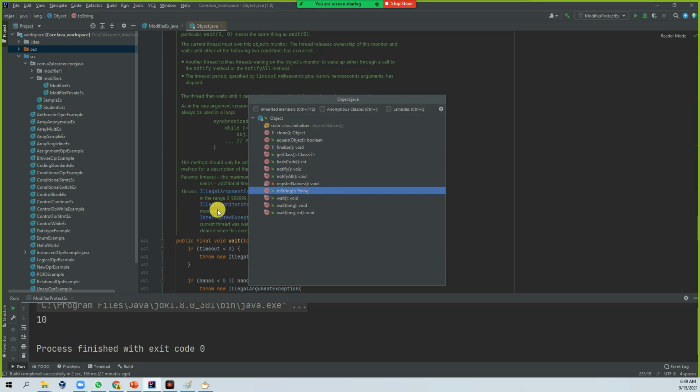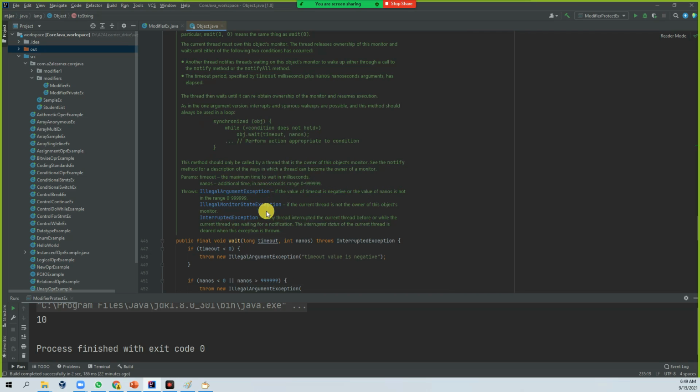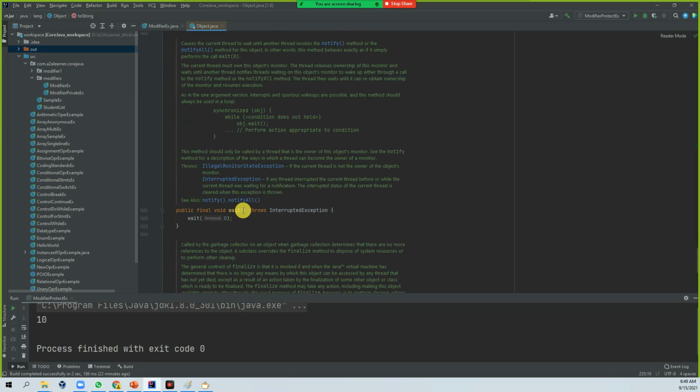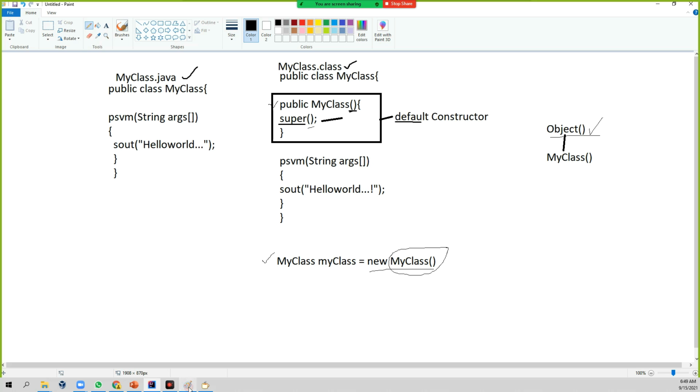This Object will have a constructor, and the default constructor JVM will provide if nothing has been written. So the internal Object default constructor is invoked when it is super(). Then this line will be executed. When this line is executed, your control goes to the Object class, and that default constructor is invoked and completed. This is what happens when you use this line of code.